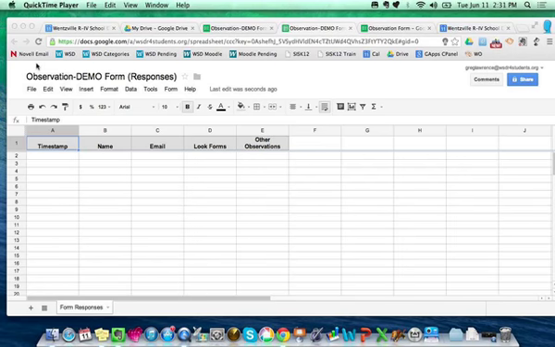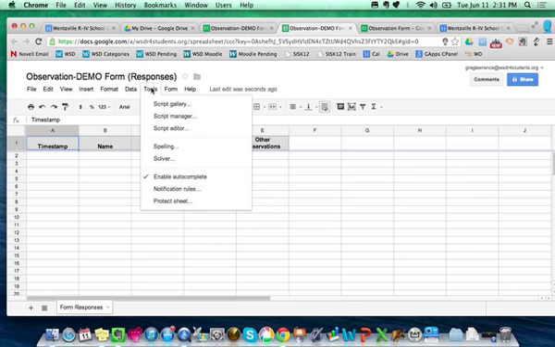All right, so here's where it gets geeky. What we're going to do is click on Tools, and the very first option says Script Gallery. Click on Script Gallery. Now what we're doing, in the technical sense, is creating a script